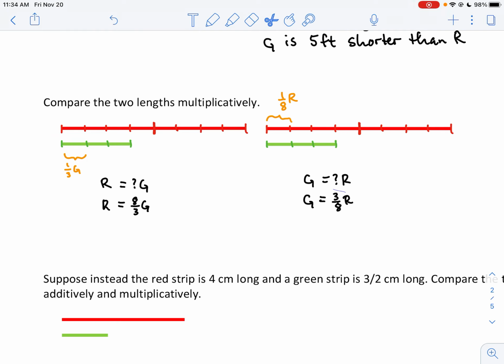Now you'll notice, again, we've talked about this before, the reciprocal nature. If you're doing red in terms of green, then we get one fraction. If we do green in terms of red, we get the reciprocal fraction as the scale factor. Now the way to get these answers,